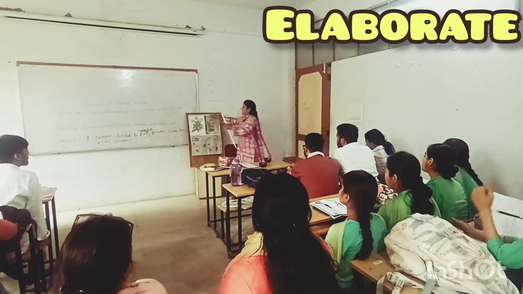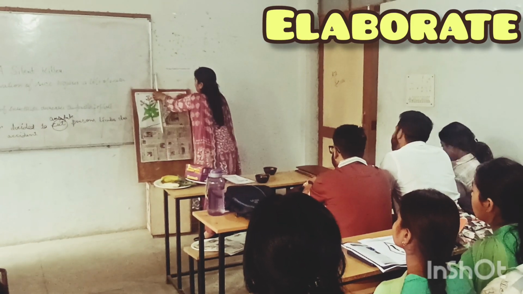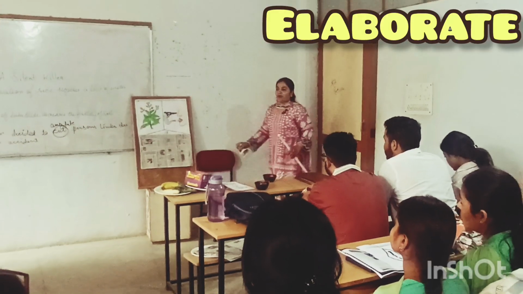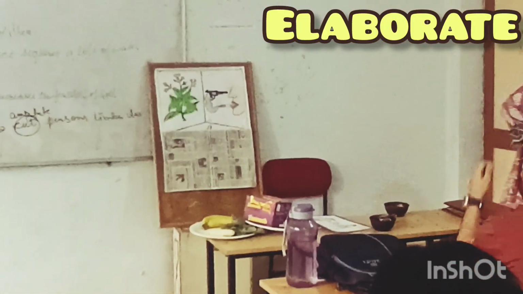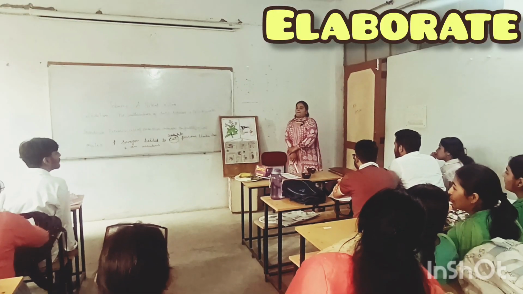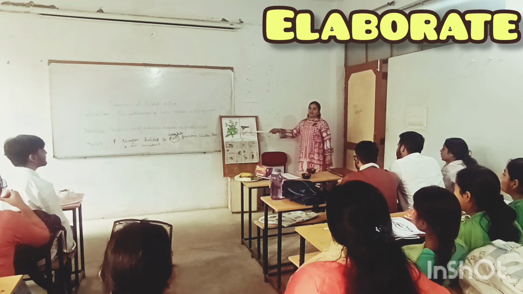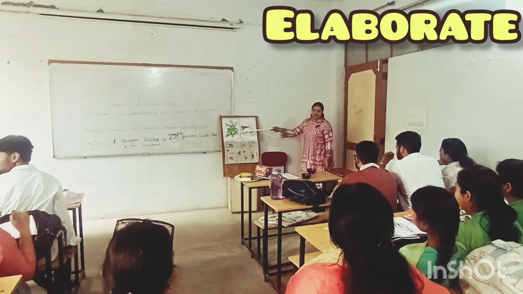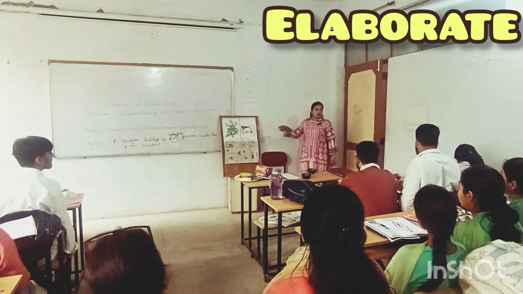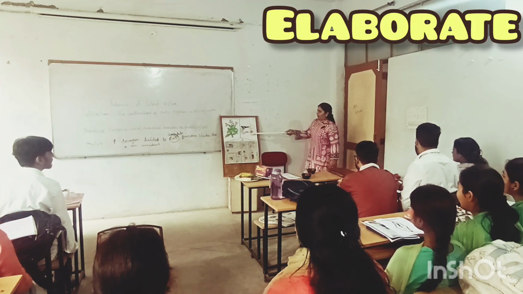Now group number B or even group number A, you can also observe it clearly. What have you observed from this picture? First one, you have observed that this is a crop of nightshade family, na? That is tobacco. After lots of processing, it is converted into cigarettes or tobaccos or cigars. But here, what you have observed,